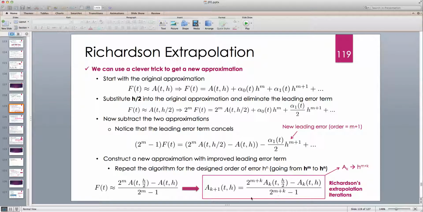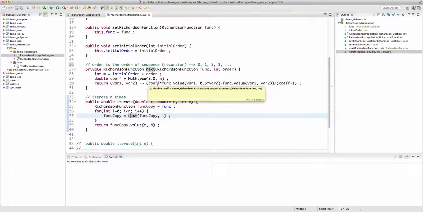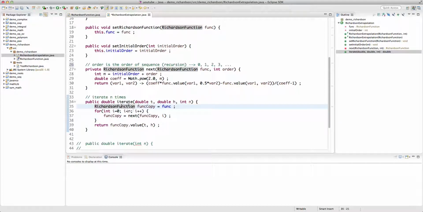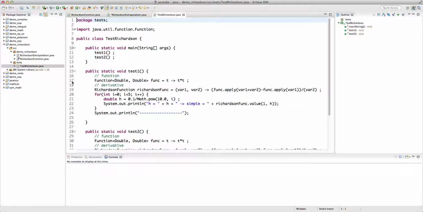And we repeat it as many times as we want based on the order that the user specifies in terms of the recursion order. So each time we repeat, we return a new Richardson function, and then eventually we evaluate it at t and h, okay? Alright, so I already have created a test Richardson here. I have two tests. Test 1 is